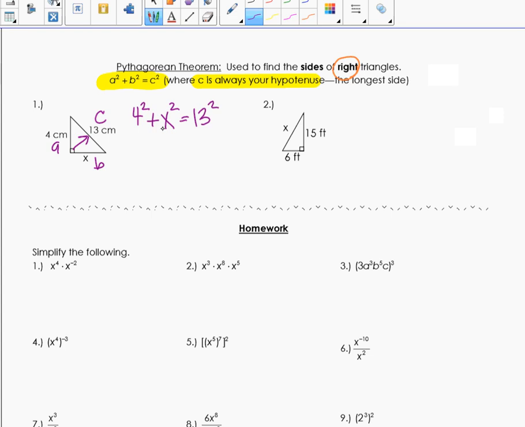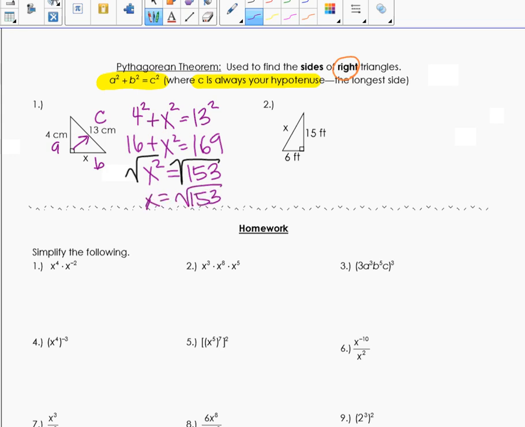Okay, so now we just need to go through and clean up. So we get 16 plus x squared equals 169, and then for math 1, we know how to solve that. We subtract our 16 over, and you get x squared equals 153. And then remember, in order to undo a square, you take a square root. So you end up with x being the square root of